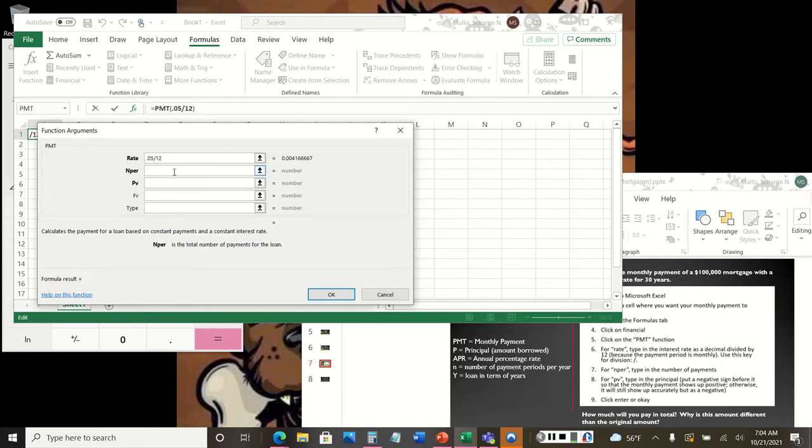All right, and the NPER, which is the number of payments. And as I'm doing this, if you click on a particular item, you'll see down here what the item is. So NPER is the total number of payments for the loan. So for the total number of payments, we are going to do 360. And for the present value,